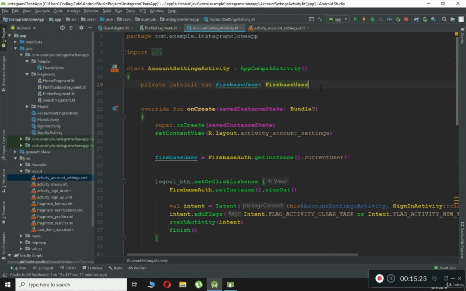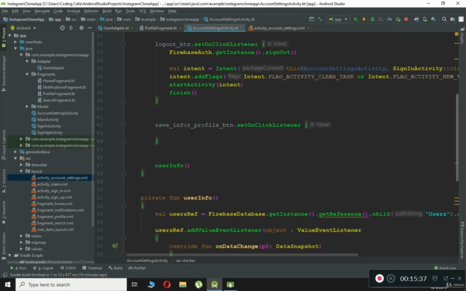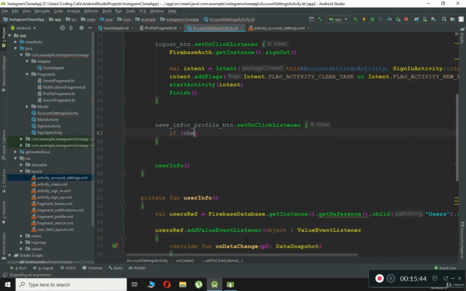All we're going to need is to create a variable for it. So we can say here, checker equals to, let's initialize it with none. And when a user clicks on this button, which is the save information profile button, then here we have to check if checker becomes equal to clicked,